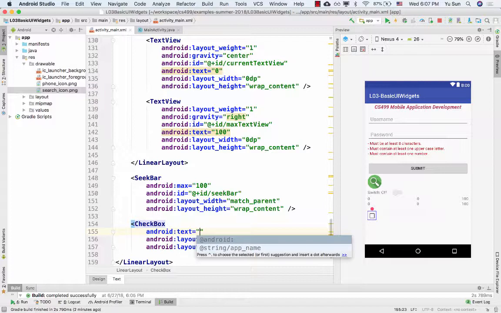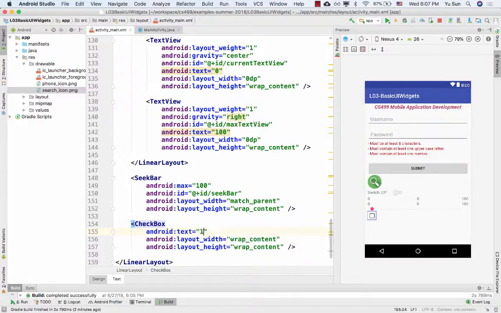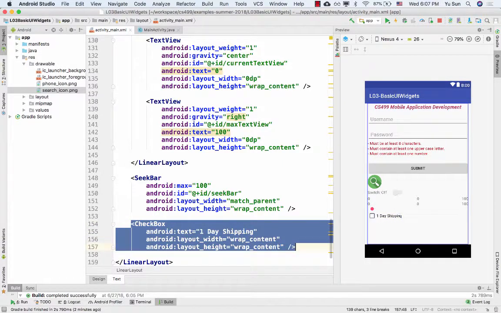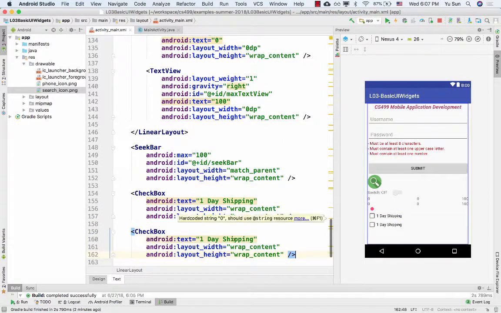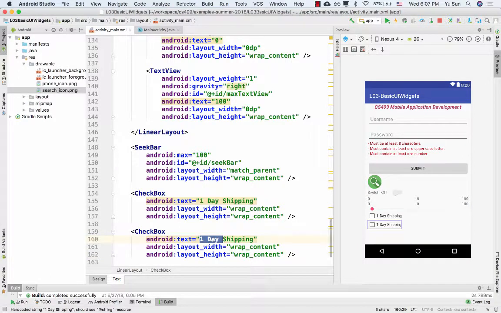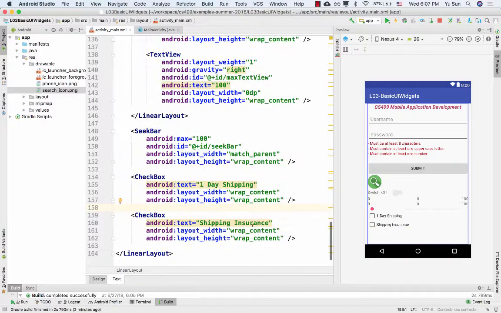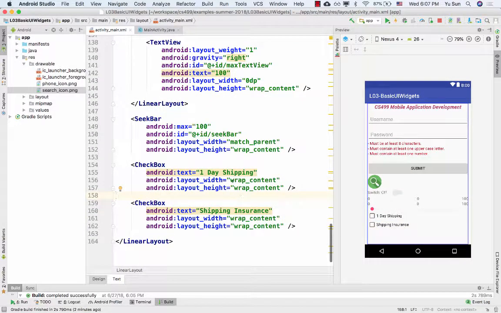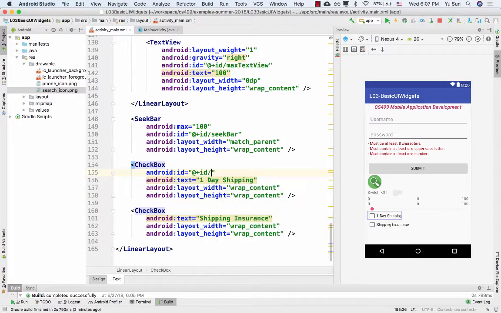All right. And then let's have another text view to show it. Actually, let's just use the other one. Let's use the previous two, since we're not using the minimum and the maximum, right? Since we're not using it,